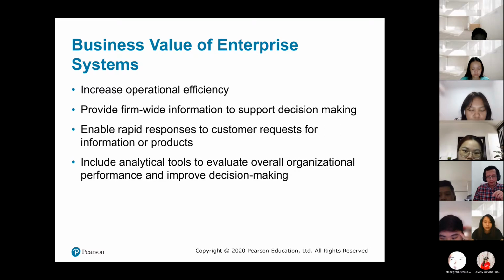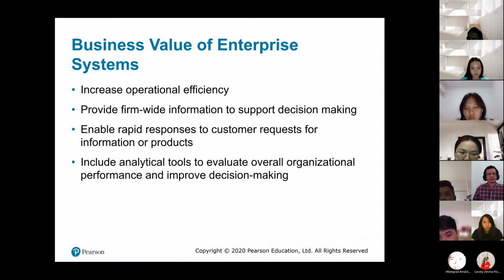And for managing the materials flow in the factory plant, they need about a year to implement that. Again, this is based on my other students' research. Okay, so that's how difficult ERP is. That's why ERP would be only feasible and cost-effective if it is implemented by a big company.